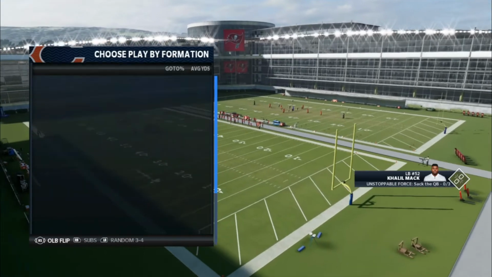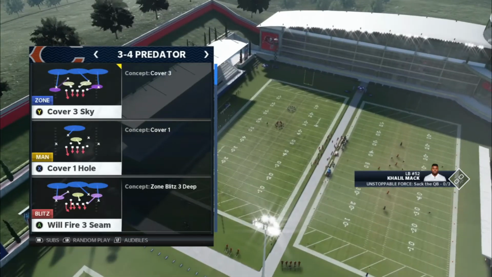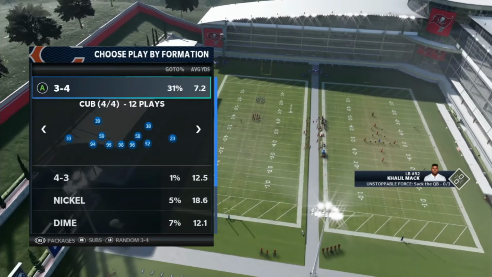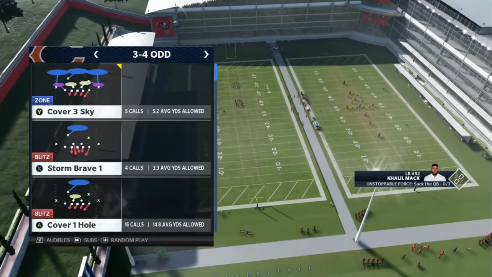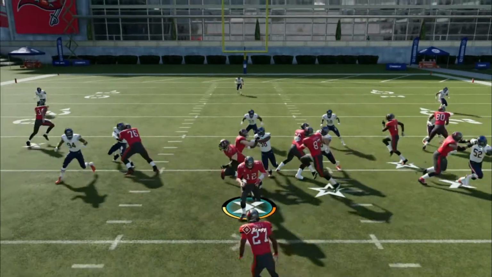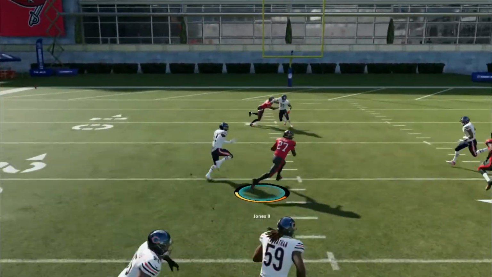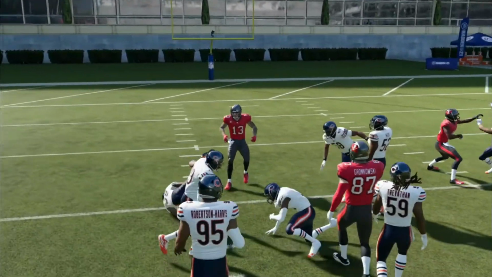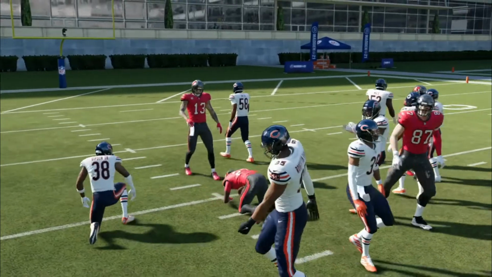So let's just go to a regular formation. A lot of people will be in 3-4 odd. But even in this, sometimes it'll get blocked. But a lot of the times you'll get these big gaps like this. When you don't see them hunker down on the line,